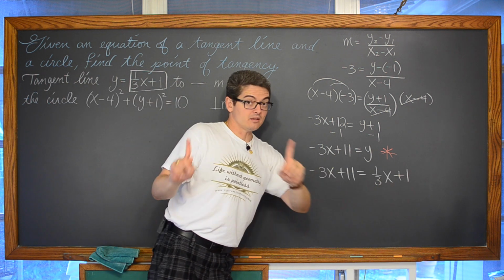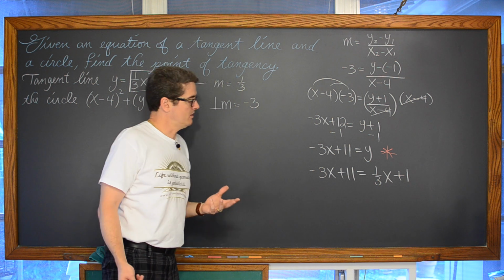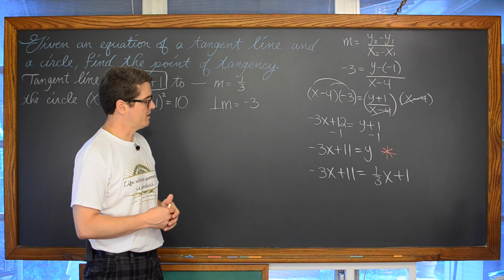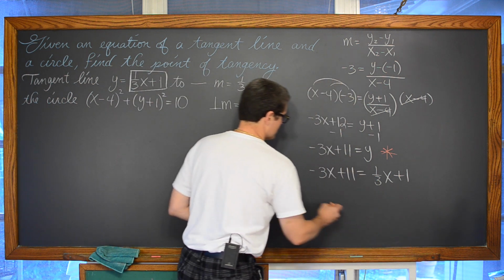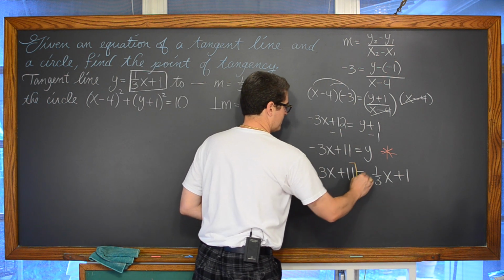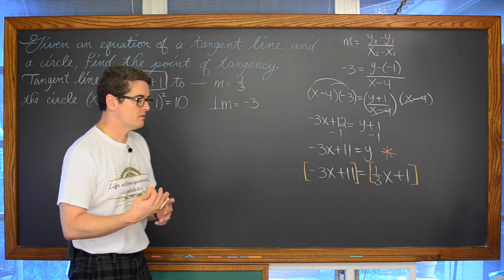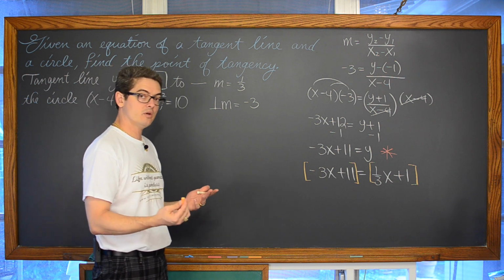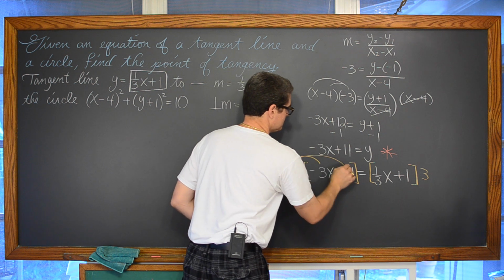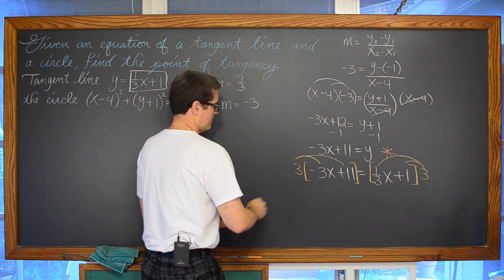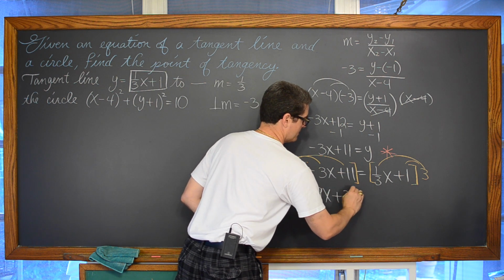We have a linear equation that has a fraction, a division of 3. Now, you can work with that, and I don't think it's really a major problem, but if fractions just really torment you, just remember that fractions are nothing more than division. So if you have a division of 3 that you find tedious to work with, get rid of it. Multiply both sides by 3. And we're going to have 3 times negative 3, which is negative 9x, 3 times 11, which is 33.